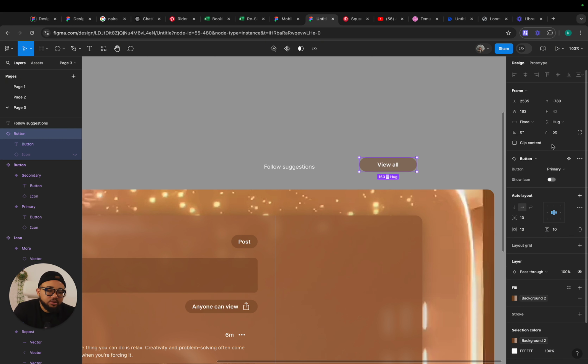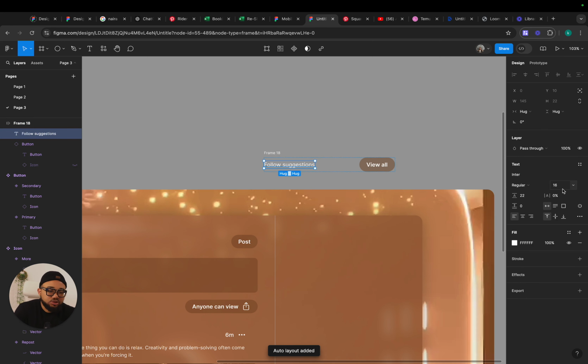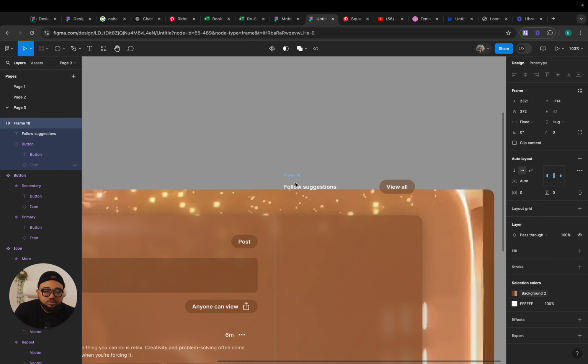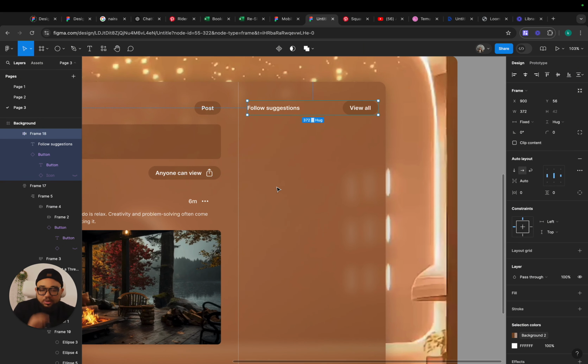Take off the icon, then set this to org, get this to 20. Select this one and add auto layouts. This should be 16, not regular. So we're going to have it here. Remember, there's auto layout on this one. So now the next thing we're going to do is to